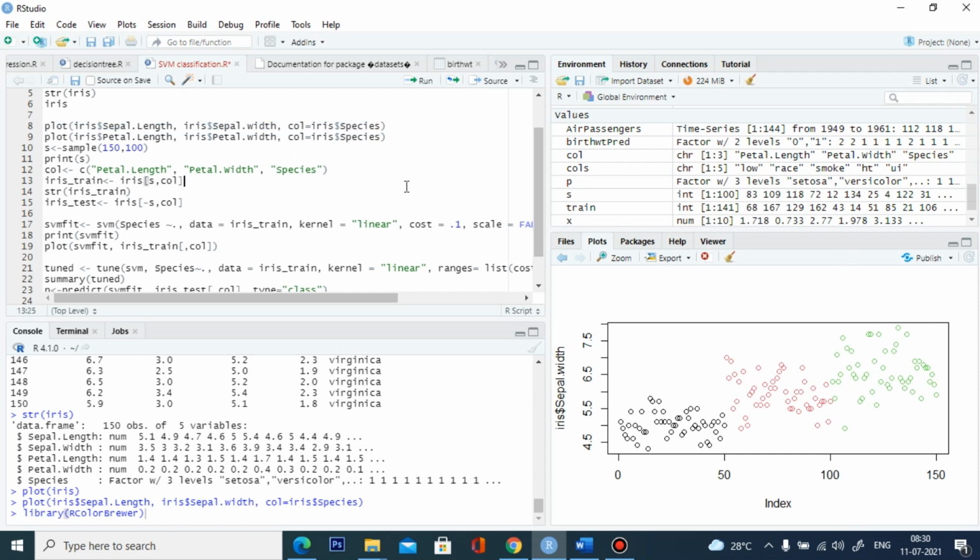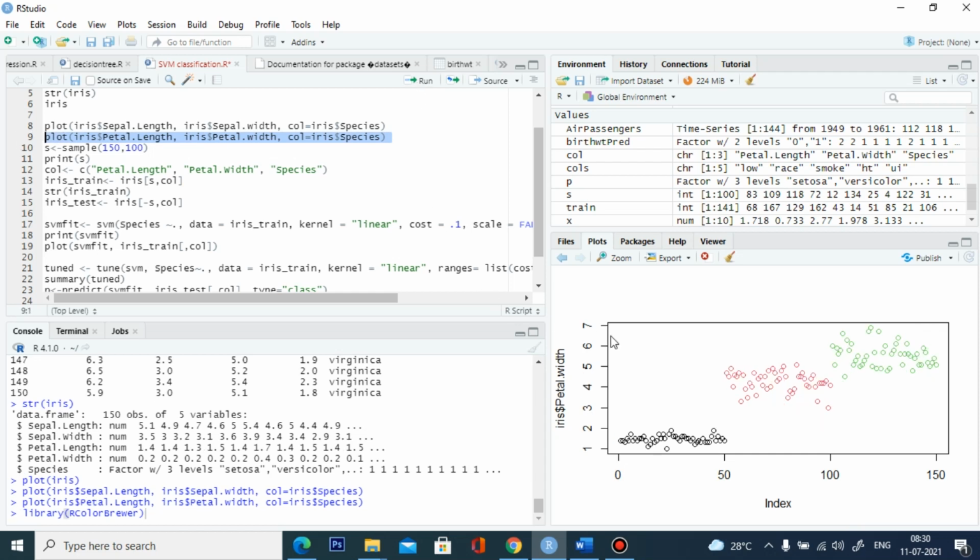Second, we plot using the petal length and petal width. Let's see how it will look. Here it is far better than sepal length and sepal width. Here we have a clear idea about the classification. We can easily create a hyperplane to classify the 3 data.